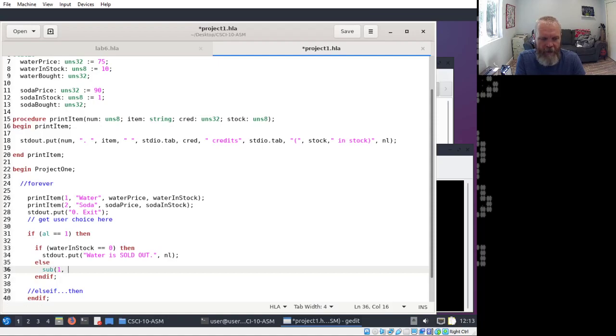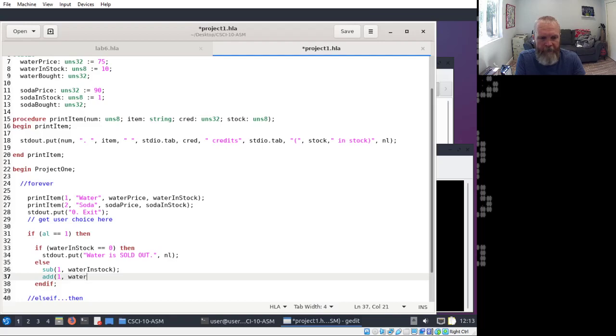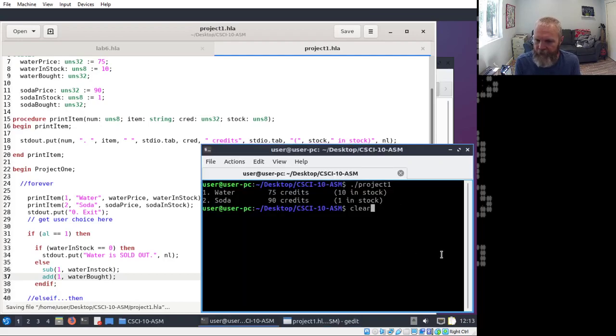Can you sub 1 from water in stock? I don't know, but this is an example of what has to happen here. You're also going to have to add 1 to water bought, and so on. So I think that's probably a fair amount. I'm going to see if it compiles. If it doesn't,